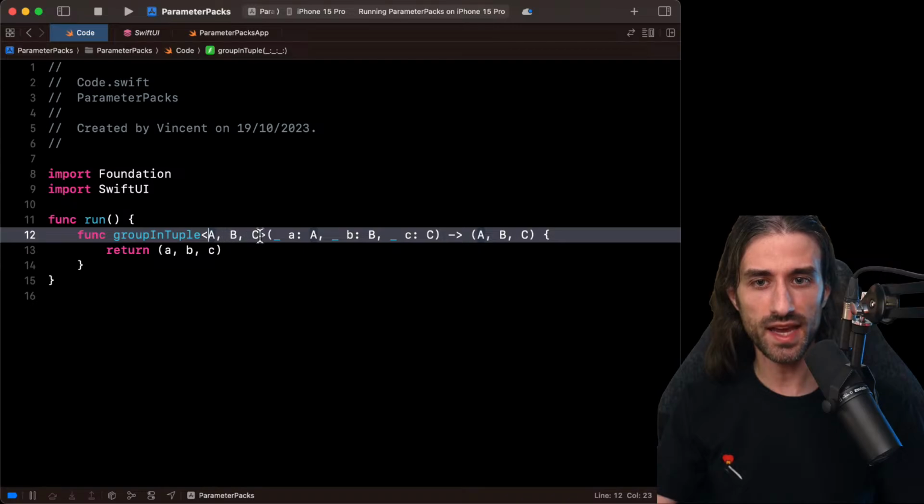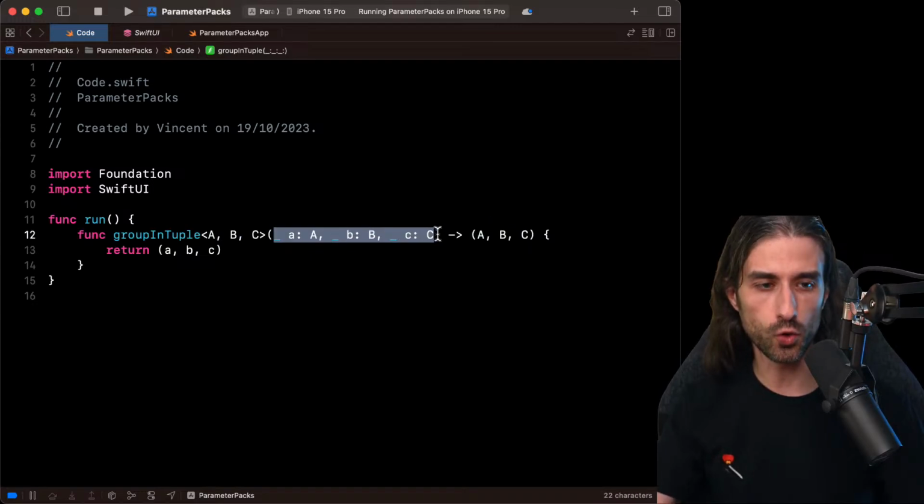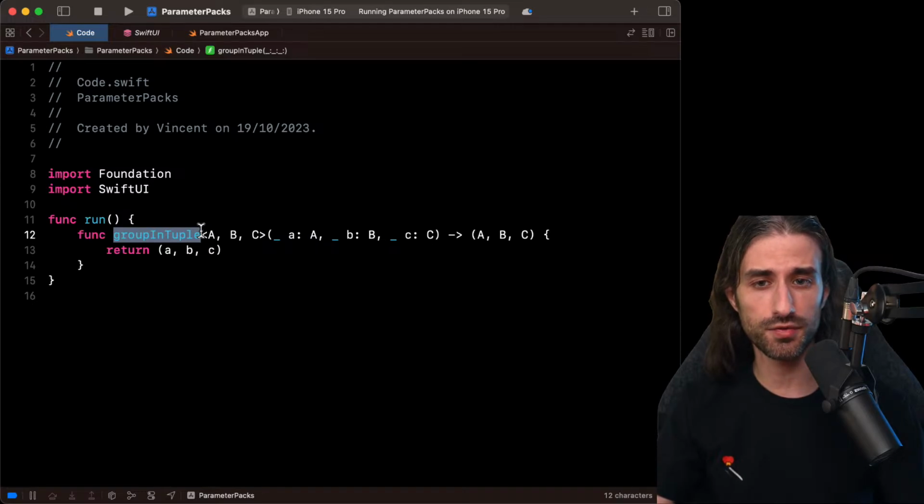So we have 3 generic arguments, A, B, and C. And as you can see, the function takes 3 values, respectively of type A, B, and C, and returns a tuple whose members are of type A, B, and C. So basically what it does is that it takes 3 arguments and groups them into a tuple, but does it in a way that preserves type information. And as you can imagine, this behavior is quite similar to what the buildBlock function does in SwiftUI. buildBlock conceptually does the same thing. It takes an unknown number of views and puts them into a TupleView. It does a few extra things we can imagine, but the big picture is the same.